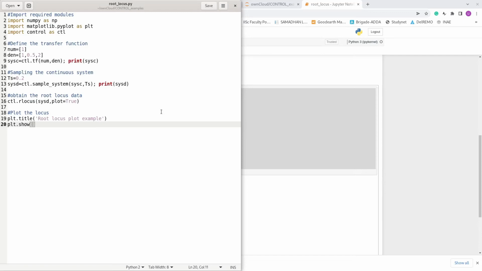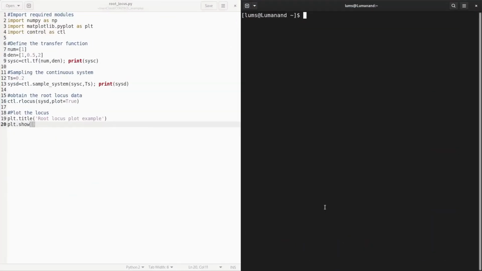Now I will also open a terminal window and place it side by side like this. Now here the path is indicating the user home.